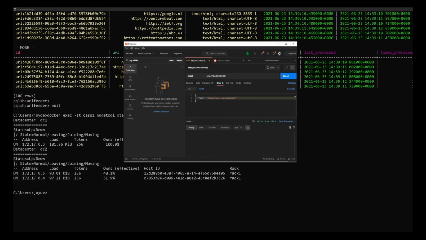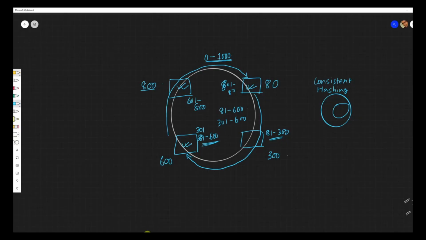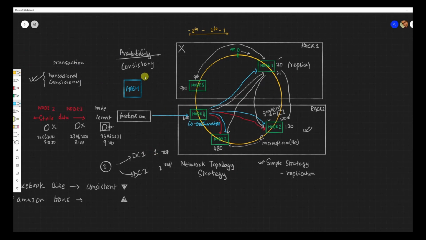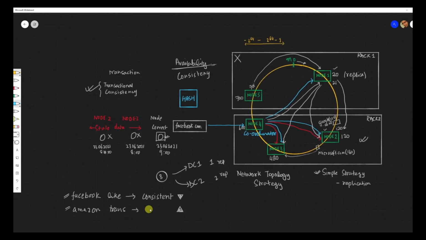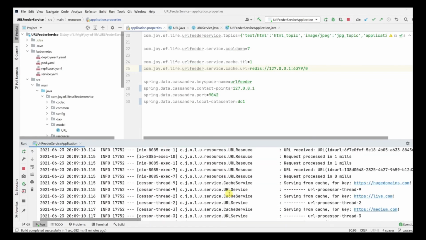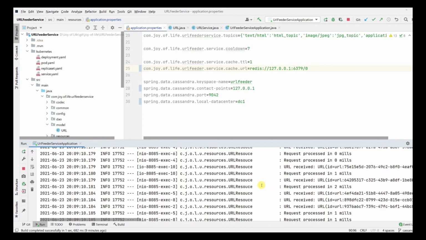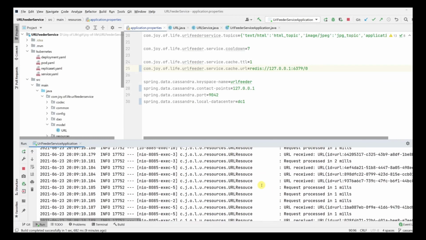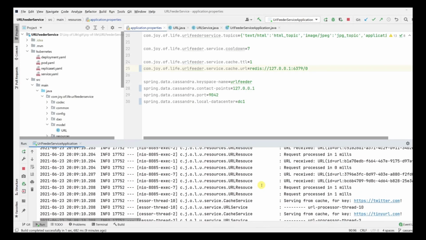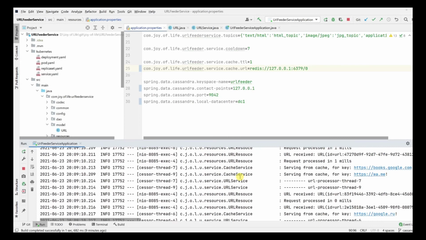So I hope you got the idea of how things are working over here, and how our replication plays a key role, how the data is being replicated, and how the availability and the consistency is ensured in Cassandra. So not just the theory, we have set up the application and we have ingested so many URLs as well. We took a system down and we are still not seeing any problem when we are trying to get the records. So I hope you got the understanding of how Cassandra ensures availability and consistency, and how data center and rack play an important role in Cassandra.